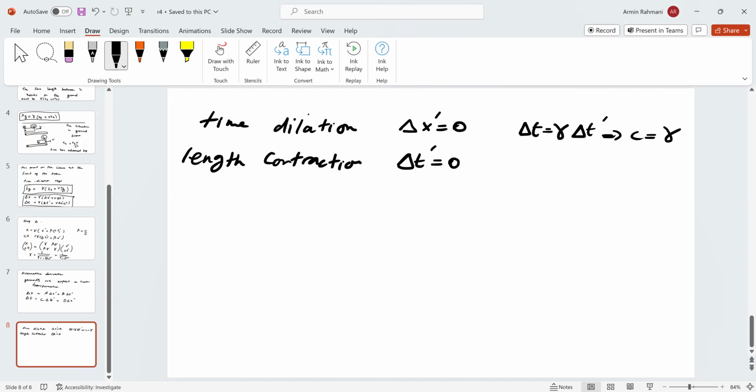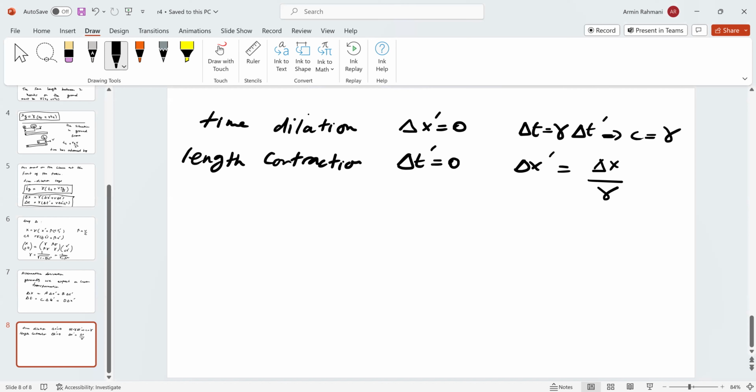So that gives me delta x prime is equal to delta x over gamma, right? So I'm imagining delta x to be